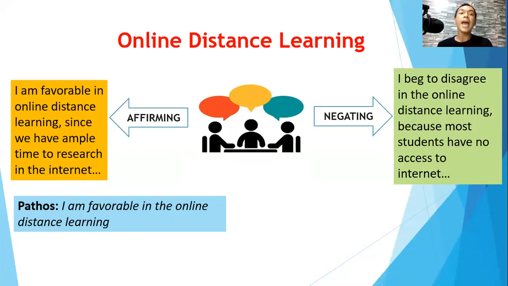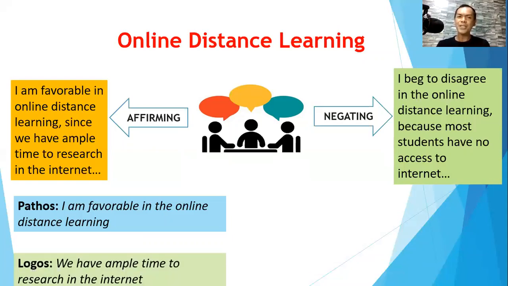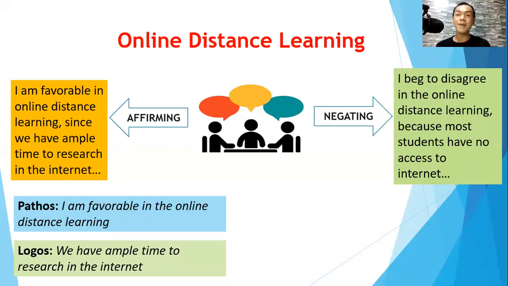Example here, as stated, I am favorable in the online distance learning, meaning you are convincing, honestly, you are really touching your personal emotion and the emotion of your audience that you are into online distance learning, right? And another strategy observed here is the logos. When I say logos here, it is some authority, your credibility as a student, perhaps as a writer, as an internet user, as a student of online distance learning. So you are saying here that we have ample time to research using the internet, meaning with your authority because you have experienced it